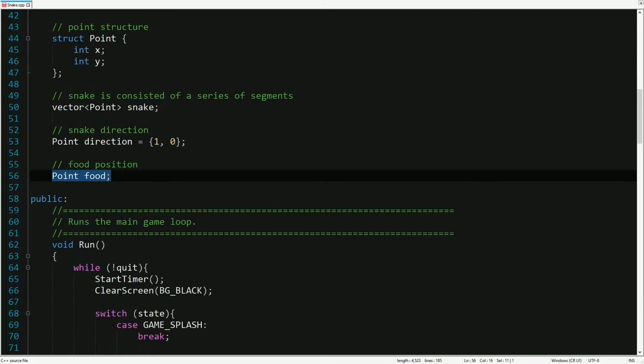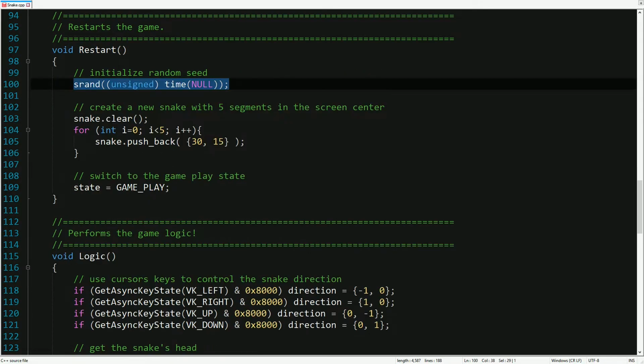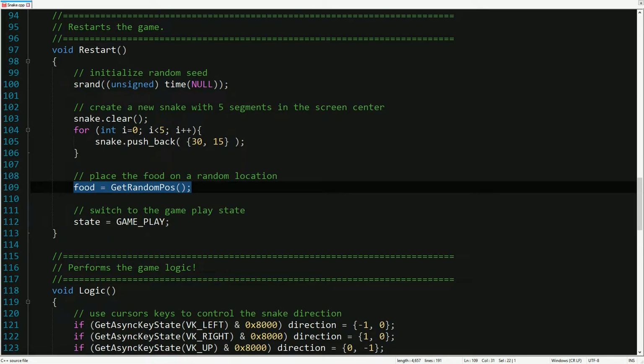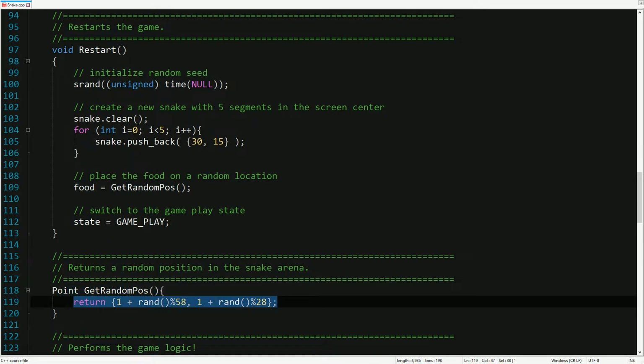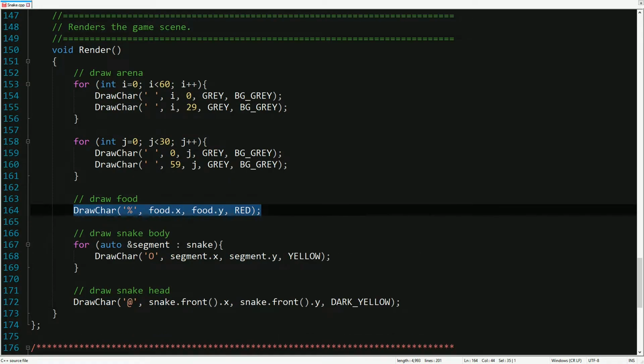Next, let's define the food position. Since we are going to generate random numbers, we need to initialize a random seed. Now get the food location using a function, which returns a random position in the arena. Finally, draw the food. Okay, this red glyph is food, but the snake can't consume it yet, until we implement